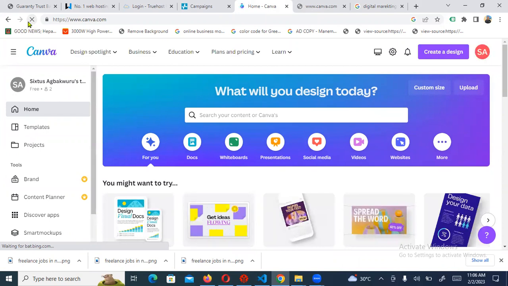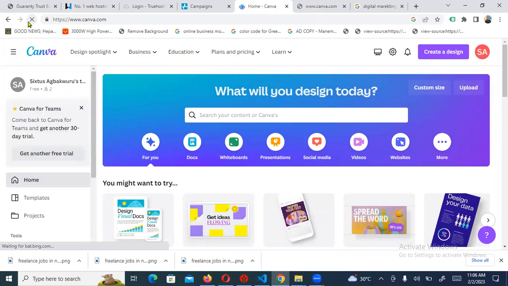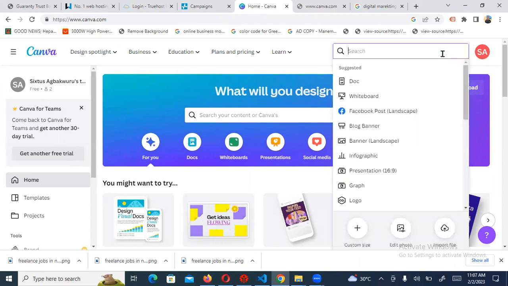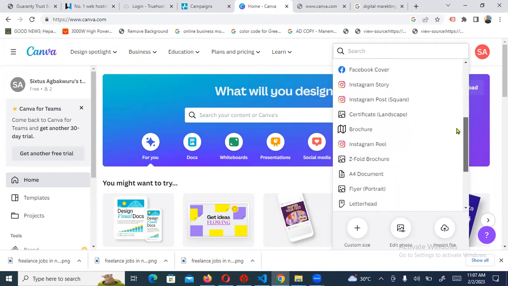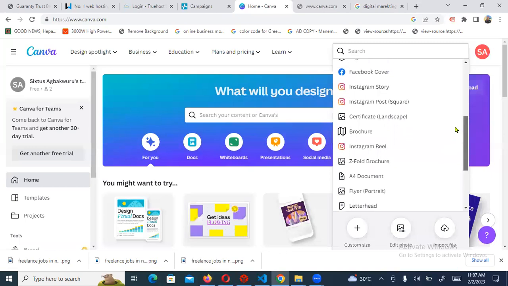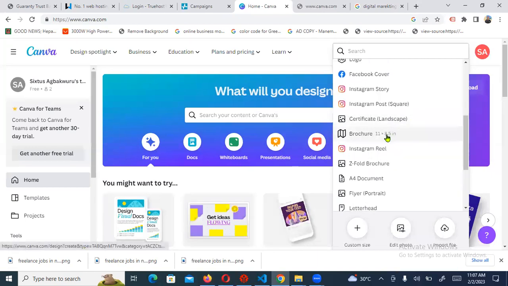All right, so like I have always said, whatever you want to design in Canva, you always come to this button here, which says create a design, and you click on it, and it brings this dialog box. And then you can select what you want to design. In our own case, we want to design a brochure. So I click on this,